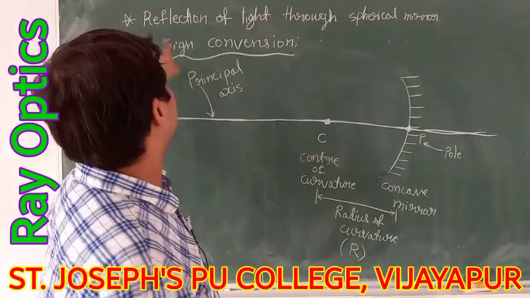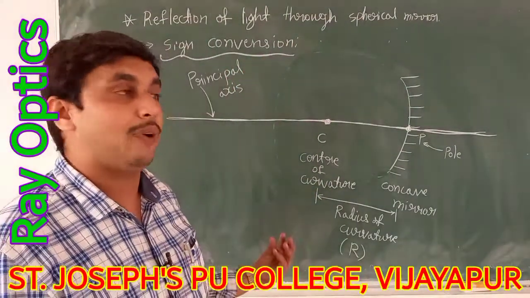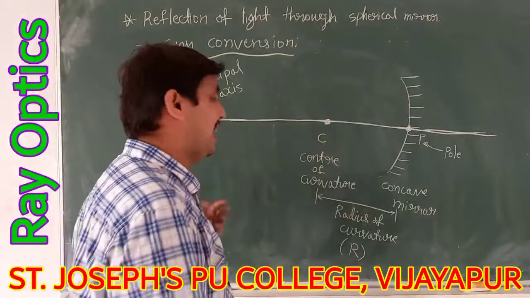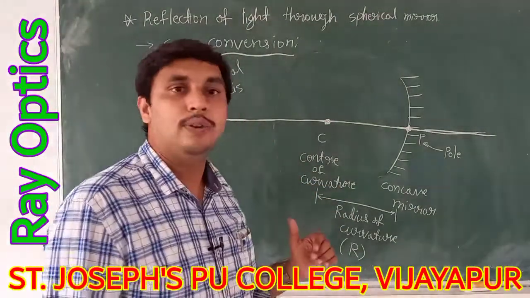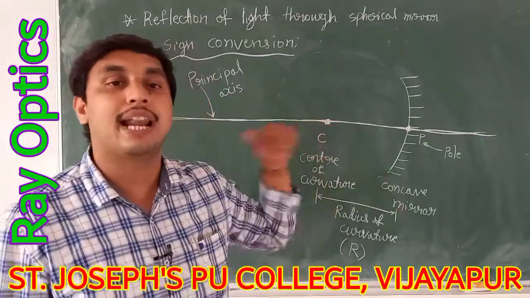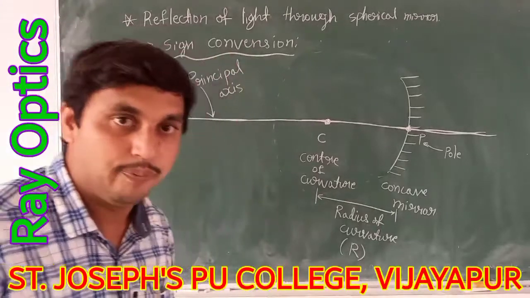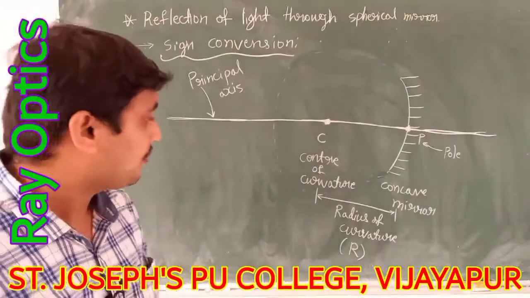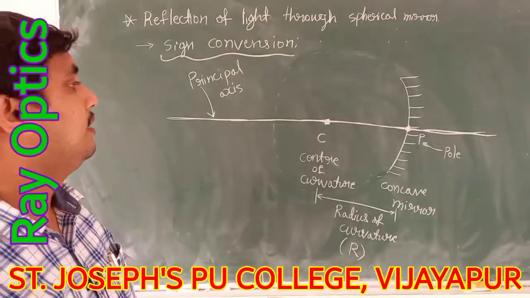So here the sign convention is important. The radius of curvature is considered as a positive value or a negative value. Why are we taking the positive value and negative value? Because for our calculation purposes, we need that sign convention. So now for measuring this radius of curvature,